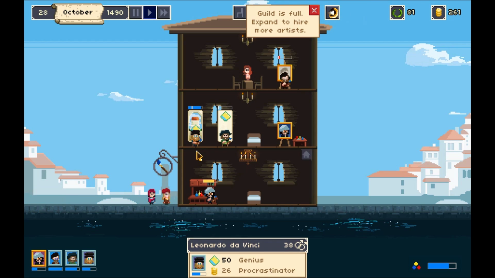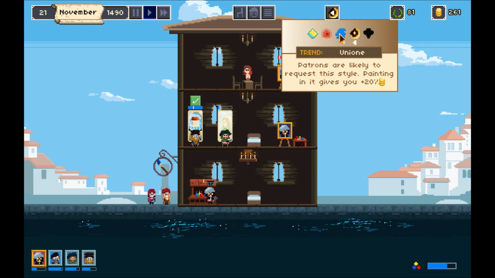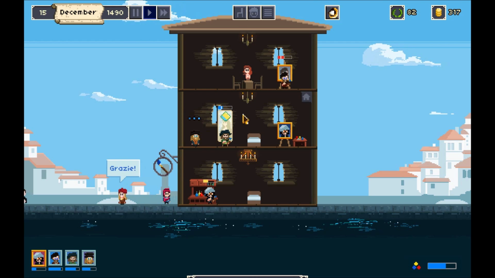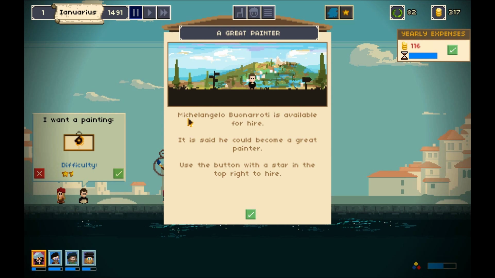Paint for me, monkeys. Paint! You can see that the trend is now shifting, by the way, back to, it looks like, Union. I don't know how to pronounce it. It's shifting back to something. Grazie, no problem. All right, you can do it, man. You can do it. Okay, another painting came in. This one, he wants it to be...